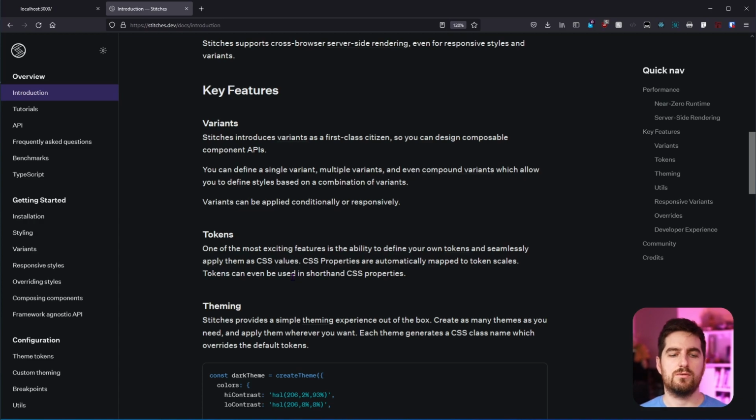So for instance, your text could have size, color, animations,